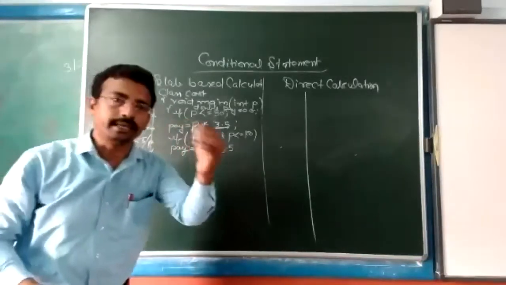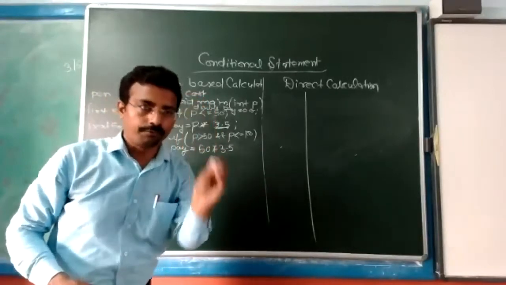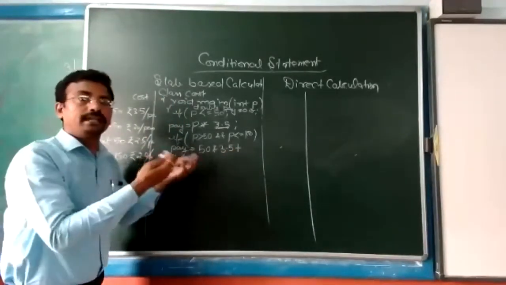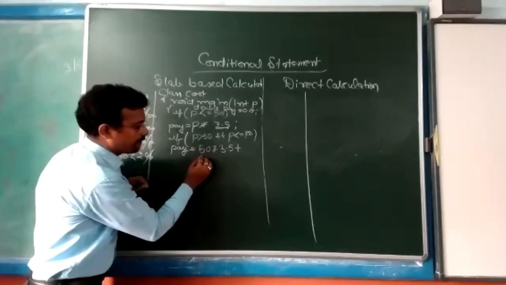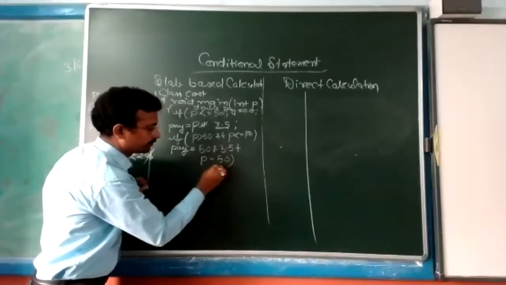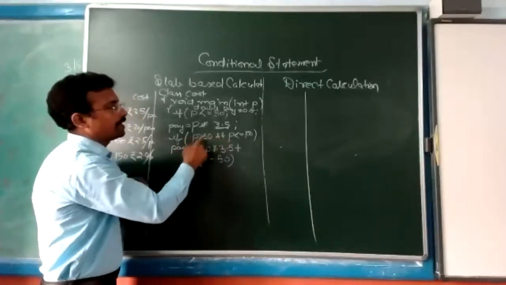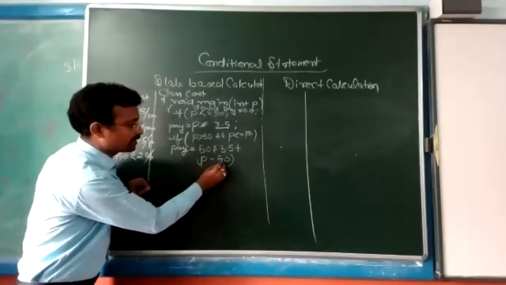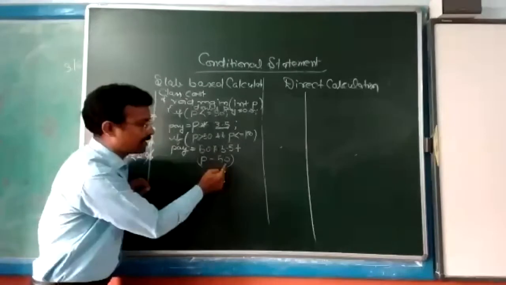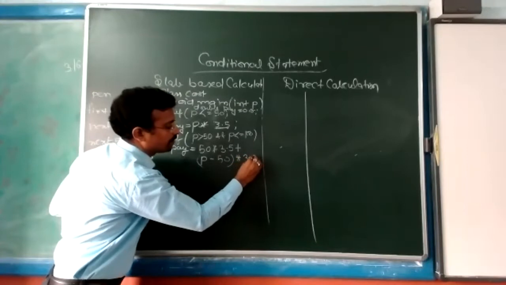So when we have taken out 50, now how much to pay? We have to pay only for 25. So for 25, what will you do? Plus, how will you get the 25? You will get 25 by P minus 50. What is P? P is the value where you are comparing the condition, the value you have given here. And what is minus 50? Already you have taken the starting 50. So now you are deducting 75 minus 50 and then you multiply it by the rest, that is 3 rupees 0